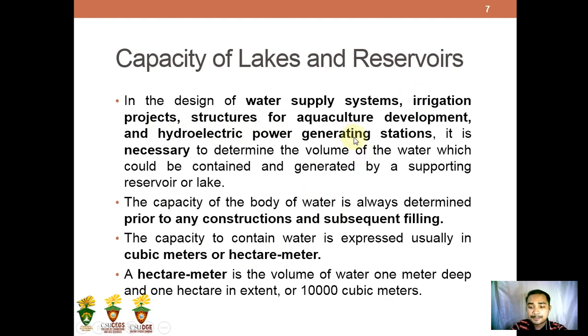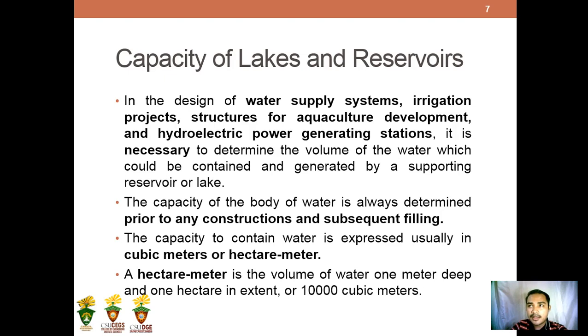From that reservoir, it takes 2 to 3 days to settle the sediments, and after the 2 to 3 days, they release the water into the irrigation system. By that time, the water is released from the reservoir going to the rice fields. So by that example, it is really necessary to calculate the capacity of that reservoir or pond, so that the irrigation system operators will know